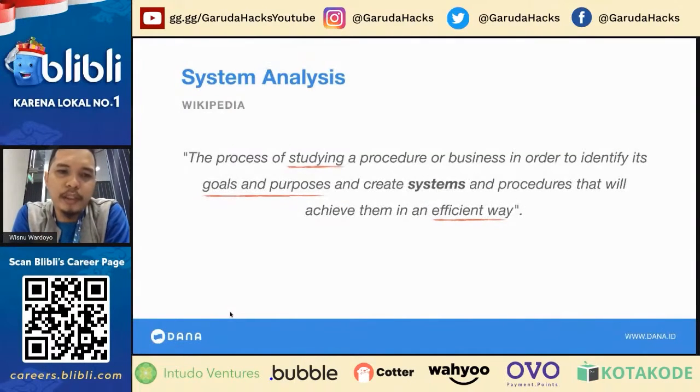The process of studying a procedure or business is a must, right? All of you need to study the procedure and the business, because if you don't know the business or the procedure, you cannot write code. And then the second phrase is goals and purposes.